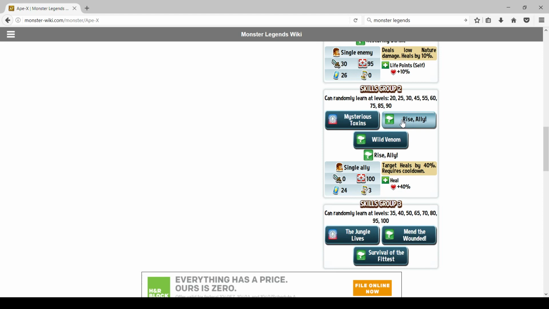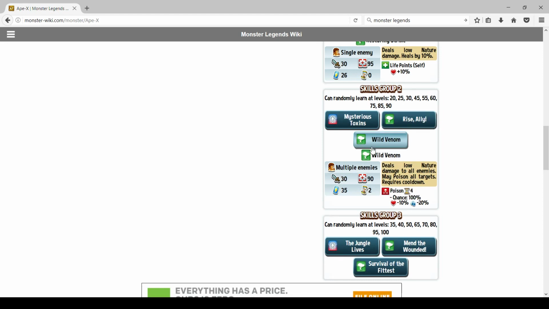In all honesty, Wild Venom deals low nature damage to all enemies and poisons all targets. Requires cooldown. Now you should probably run this move, because it lowers the damage you take. It makes it so you can stomach more damage. I will say, if you do run this move,